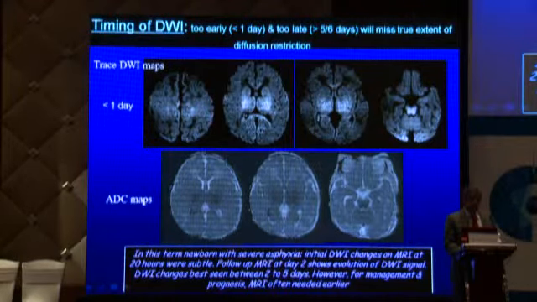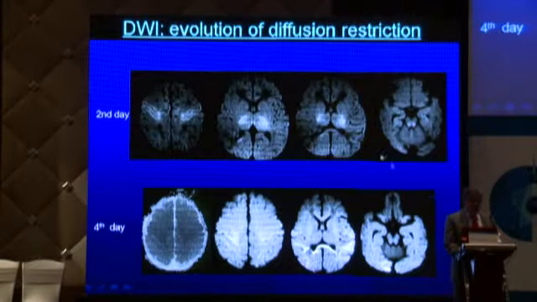So that's why sometimes we do very early brain scans, and you can see this. There's some mild diffusion restriction in the dorsal portion of the midbrain. Now, this wasn't enough to satisfy the parents, and people did not feel comfortable that this was enough diffusion restriction. These are ADC maps confirming the same. So this was on the second day, where you can see the diffusion restriction is evolving, it has increased, and by the fourth day, the whole cerebrum is diffusion restricted. And you can see this is the normal cerebellum diffusion, and the rest of the brain is very bright. It's almost like a super scan that you see on the bone scan. So this is like a super diffusion restriction of the cerebrum.